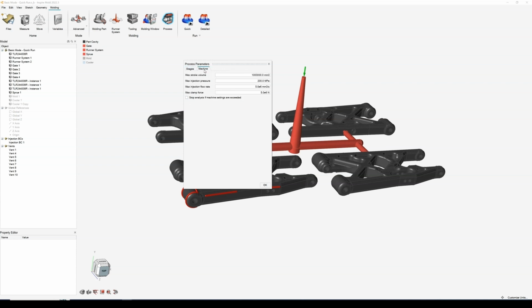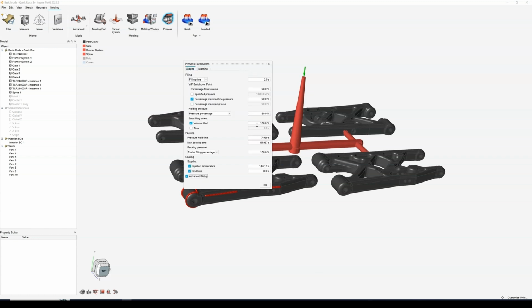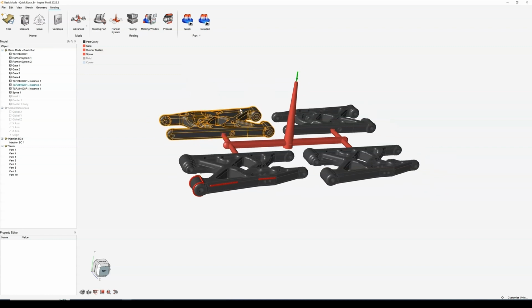Then you've got your machine settings. Again, these can be customized as well. So that's your process parameters. Obviously important to get those right, but you can always play around with them. Obviously cooling, you can modify your temperatures, your end time and all that sort of stuff. I'm going to click OK there and then go straight onto the